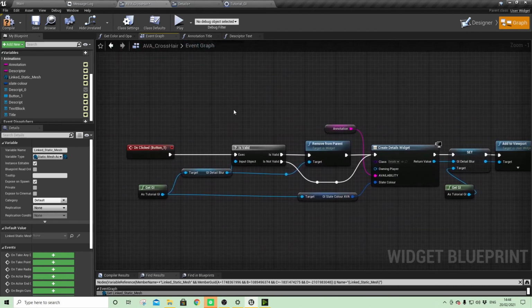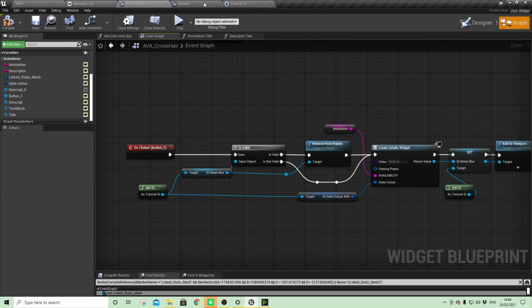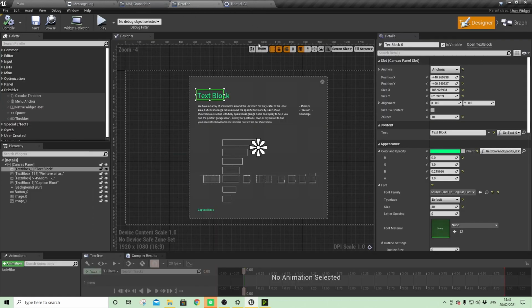So when we clicked, we were creating a detailed widget which came on screen and pulled in that annotation information. So that was the unit number and the availability. That gets pulled in and then added into our details widget. So let's have a look at our details widget. In here, I've just created bindings for this text block and this caption block. And the bindings are